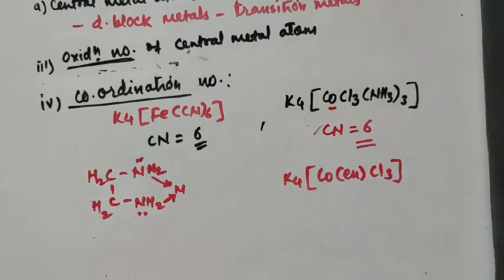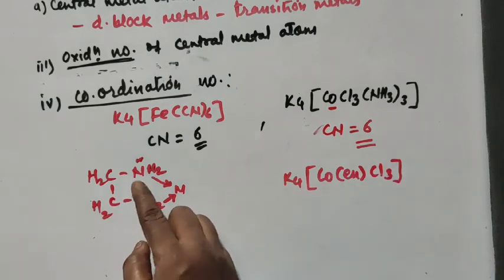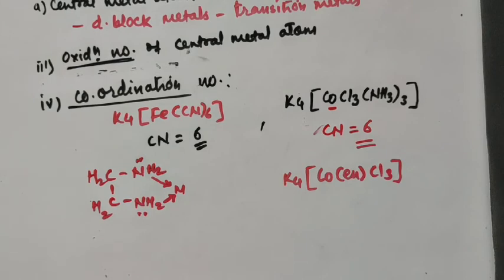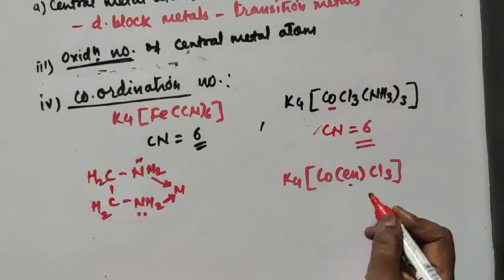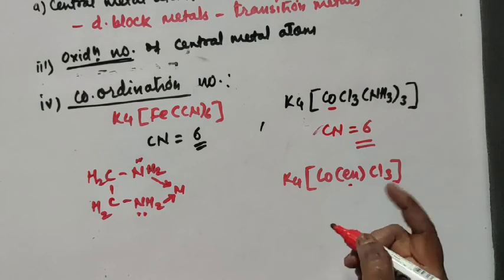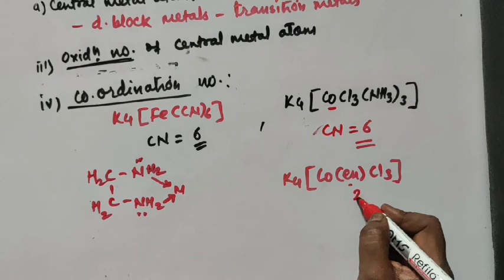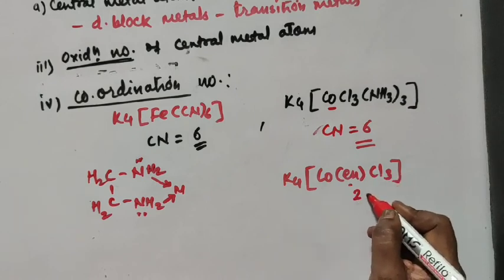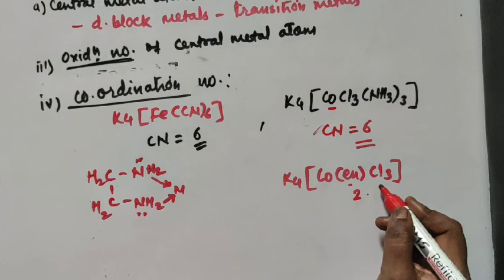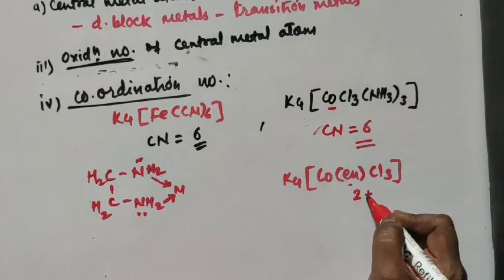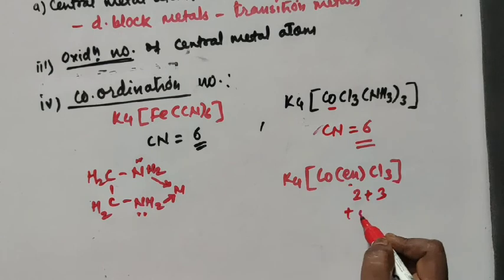Then in this case, for the number of En, there are 2 nitrogen atoms which can donate 2 pairs of electrons. So here you are supposed to count the number of electron pairs donated wherever the ligand is polydentate. Here the ligand En is a didentate or bidentate ligand. So for one En you are supposed to count it as 2, because it donates 2 pairs of electrons. For chloride it is 1, so you can count the number of chloride ions as it is. So 3 plus 2, 5. So 5 is the coordination number of your central metal atom.